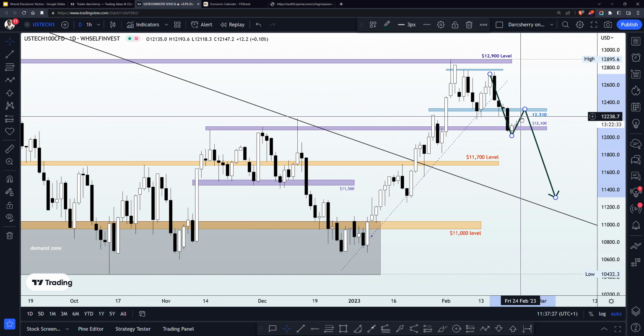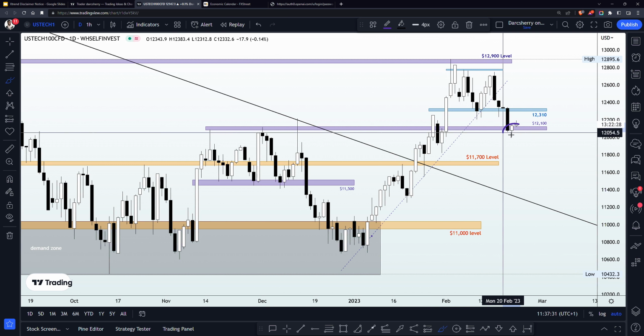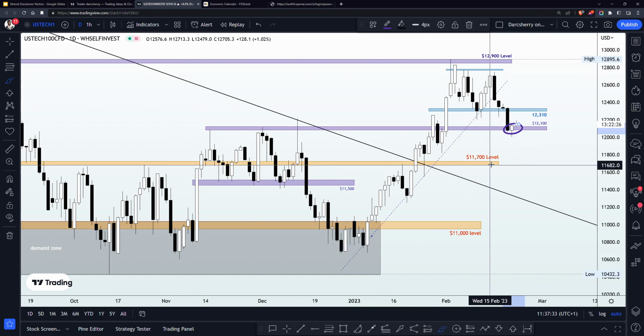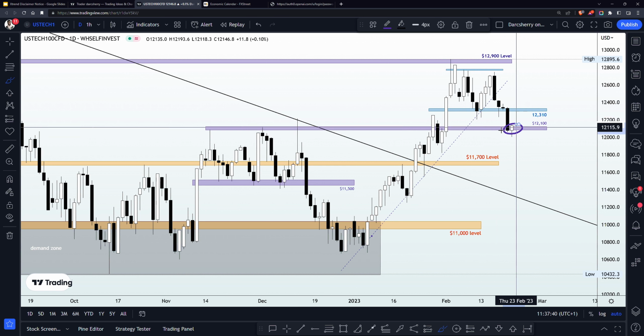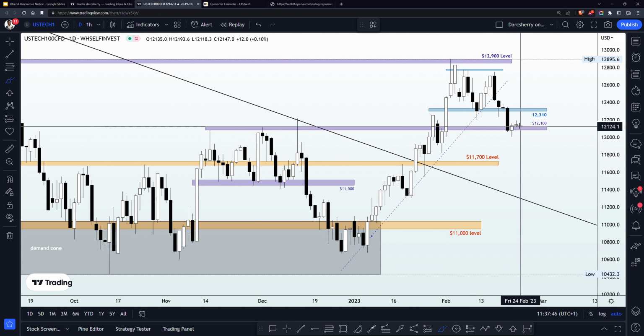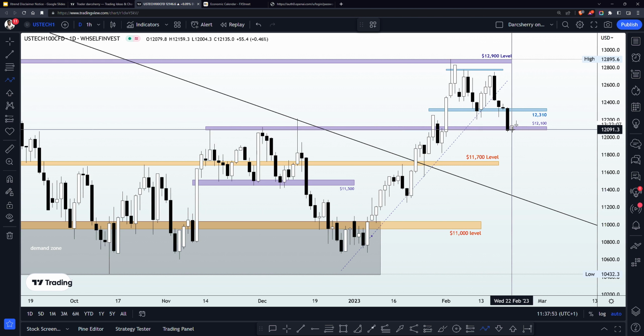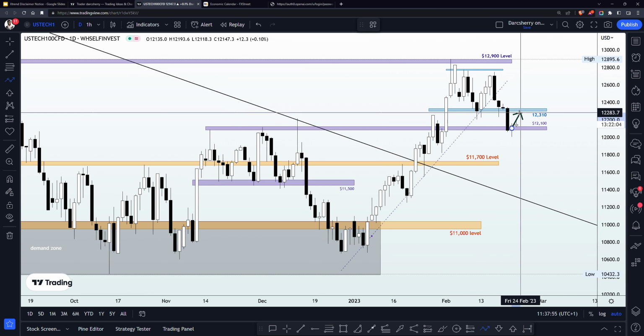So if this is going to be happening, we need to see what is really going to be happening around the 12,100, how participants in this market will be anticipating the GDP, which is coming up in, I think, an hour 30 minutes from now. Whatever happens here will now determine what we are going to be doing. So if it so happens that we identify a buy pressure around this area or reversal pattern there, then we might likely join. We'll definitely join anyways, and hoping that price will come into the 12,310 level.